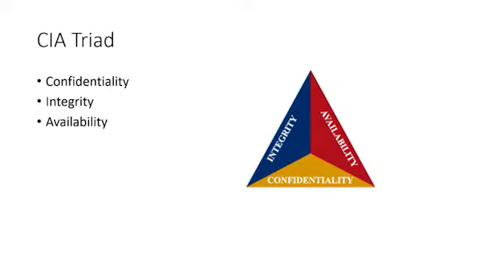So let's talk about that first one, the CIA Triad. That's our confidentiality, integrity, and availability. And you can look that up. I got a little picture there on the slide, and there are tons of those CIA triads out there. I think I just pulled that off Google Images, to be honest with you. Everybody's got their own little flavor on the color scheme and how it's supposed to look, but they always make it like a triangle because it's a triad, right? Triangle. So we have our confidentiality, integrity, and availability.